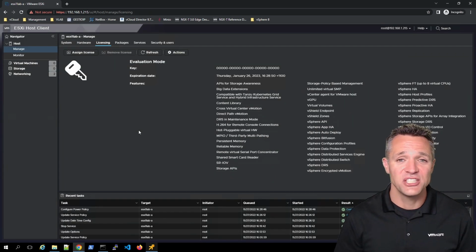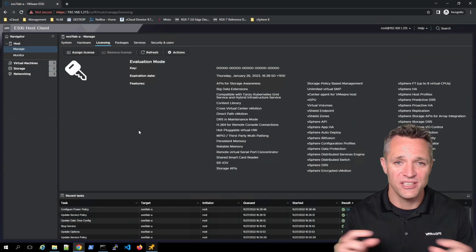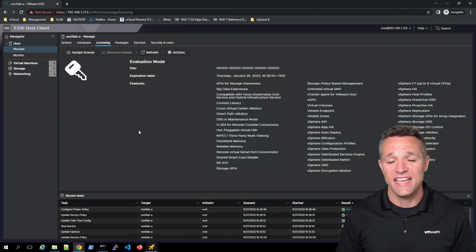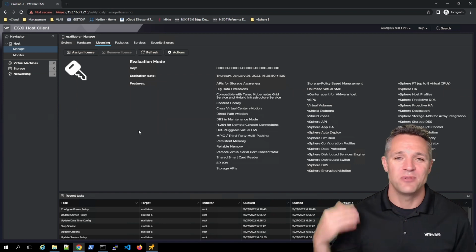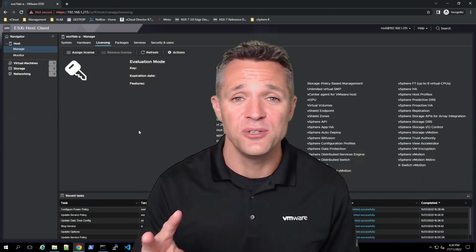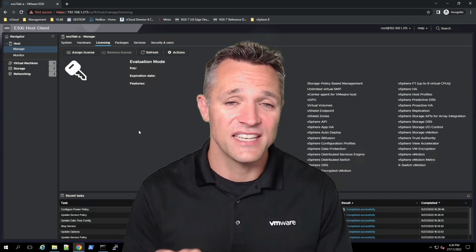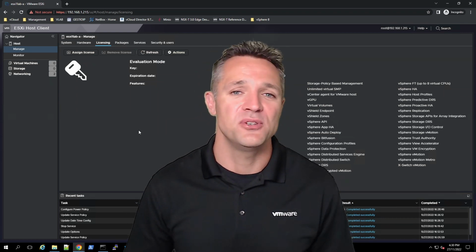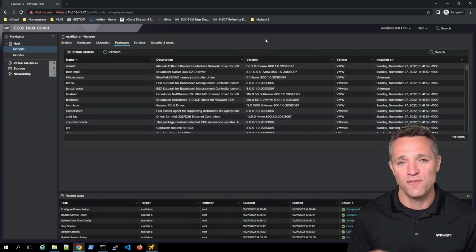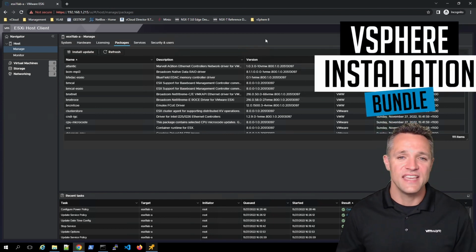In the licensing section, this is where we assign our production license key to the ESXi host, and that's where we can take it out of evaluation mode and it will be into production. So if we have a license key with a count of 2, we can assign that to an ESXi host with 2 CPU sockets. Within the Packages tab, these are the ESXi software VIBs that are installed within the ESXi